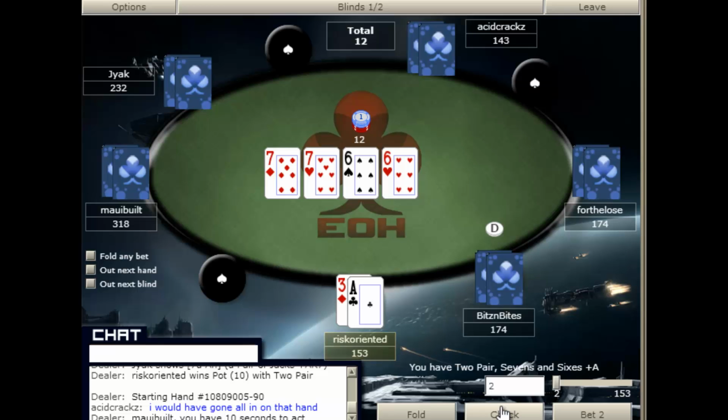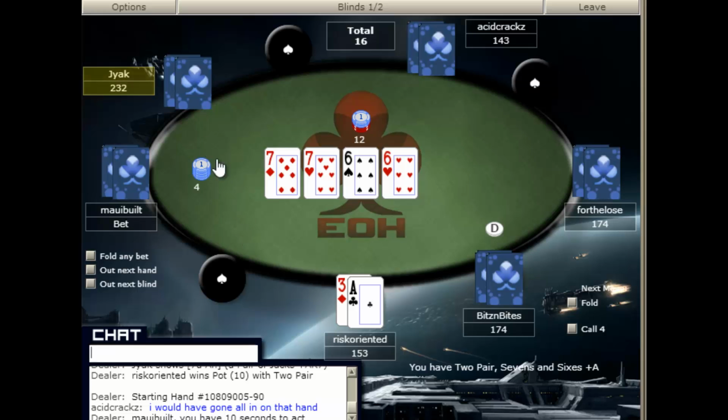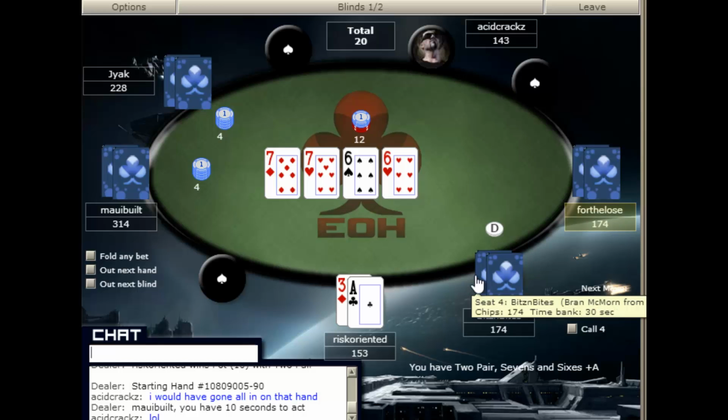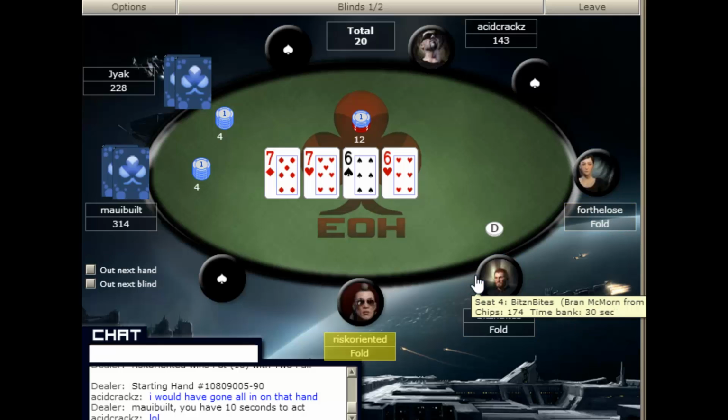But when you're in a position like mine, you can't really dictate that, because as soon as somebody else bets, I have to decide, do I want to play or do I want to fold? Because I'm in such bad position. This is the worst position on the table. But all hope is not lost, because on the next hand I will be on the button, and we'll talk a little bit about button strategy. In the meantime, let's talk a little bit about blind strategy.